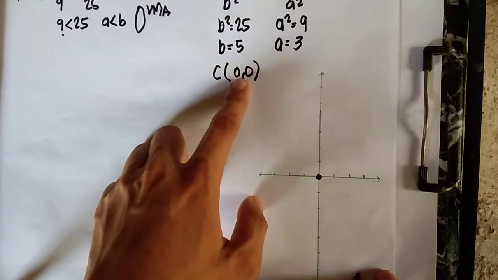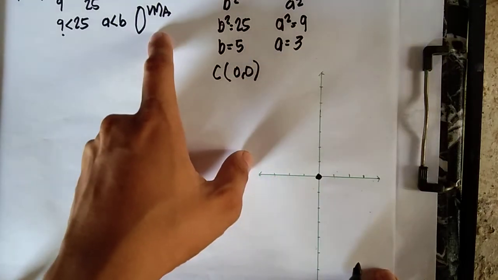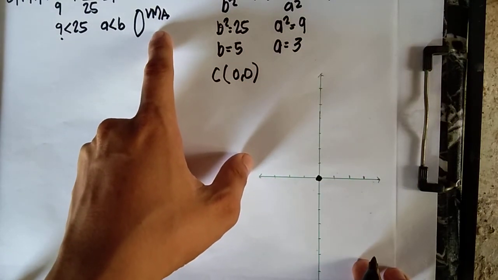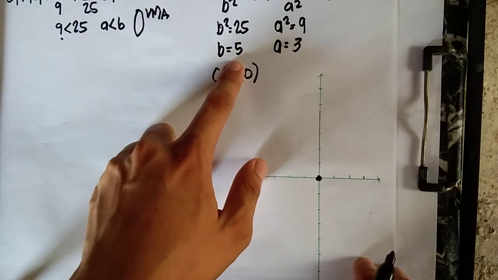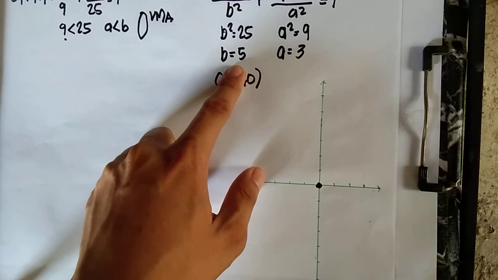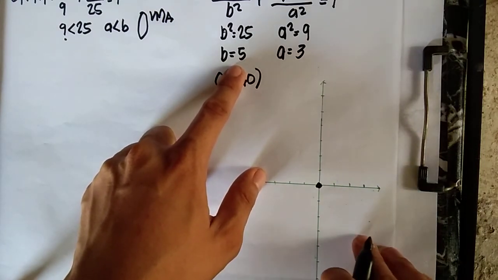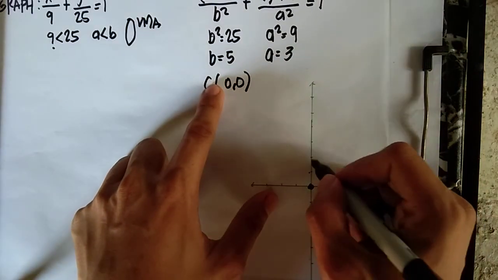And then, coming from the origin, take note because we have vertical major axis, bibilang tayo ng 5 units pataas and pababa or nasa y-axis since siya ay nasa vertical major axis. So 1, 2, 3, 4